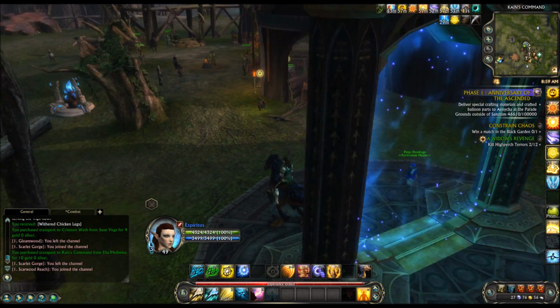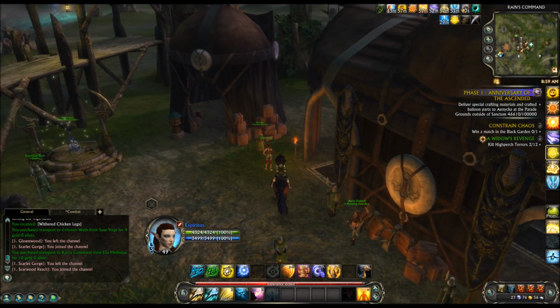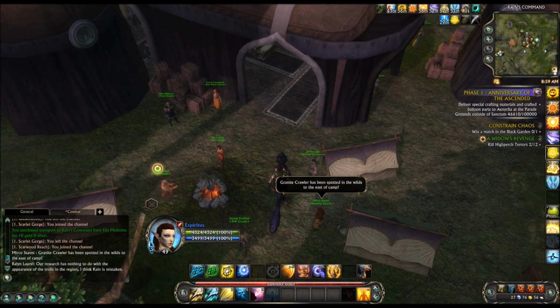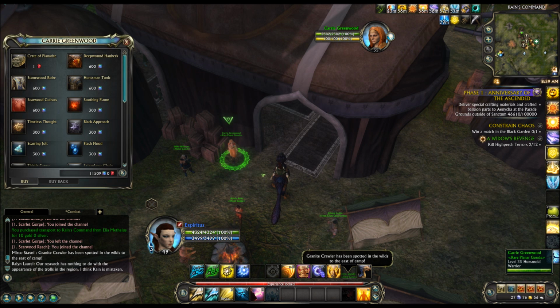So moving up into gear for the 30 to 39 bracket, here we are in Scarwood Reach, Kane's Command. This is obviously for the Guardians again. We're going to go around into the back here where all of the great vendors are. Here we have the Faction Quartermaster. We might take a look at him in a minute, but over in the back is the Rare Planar Goods